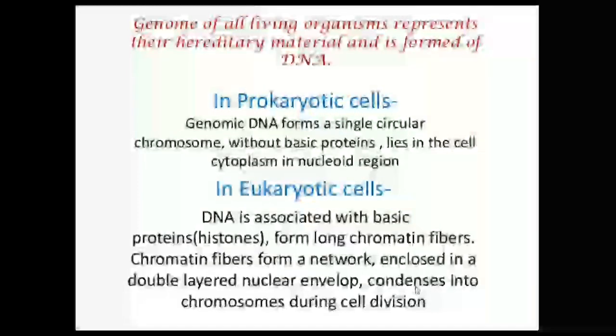Chromatin fibers and DNA are completely condensed in the single nucleus, but in the prokaryotic cell, it is not condensed. It is a circular chromosome. Circular chromosomes are available. It is dispersed in nature, and it doesn't have any histone proteins. Basic histone proteins will not be available in prokaryotic cells. It lies in the cell cytoplasm. So there is no nucleus and there is no nuclear membrane. Circular chromosomes are present in plasmids, and present in the nucleoid, the nuclear region.